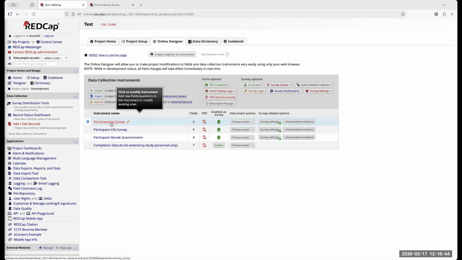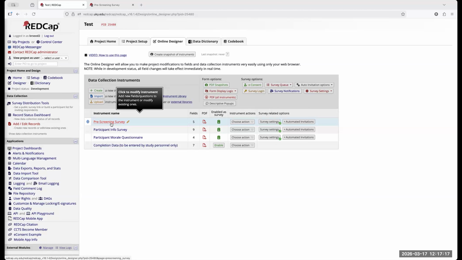If you've only got one survey in your project, you don't necessarily have to worry about any of this. But if you're going to have multiple surveys, or you think you might in the future add another survey to this project, you need to go ahead and start collecting that data now so that you have a valid email address for everyone that is coming into your project. That way you can send them an additional survey if you need to, or maybe a quality assurance, how did we do type survey, anything like that in the future.